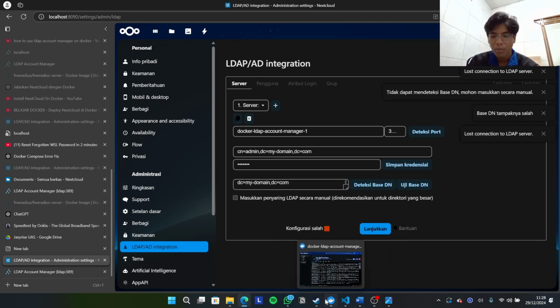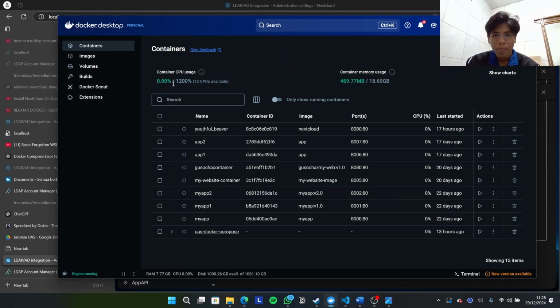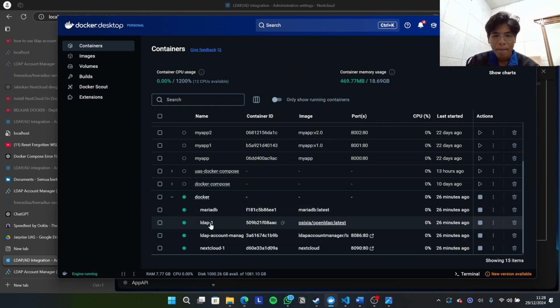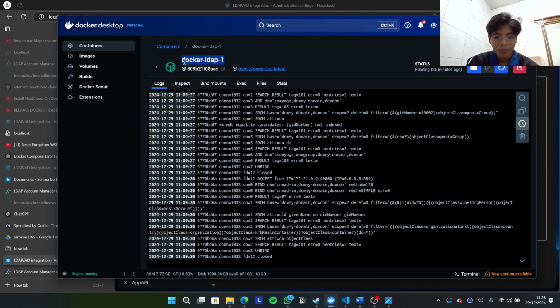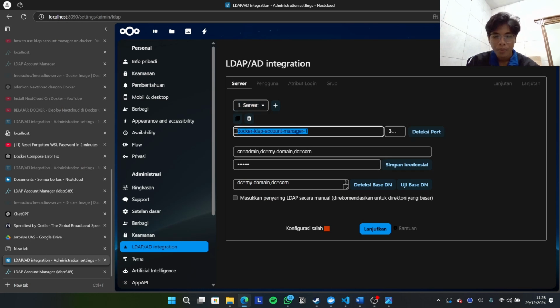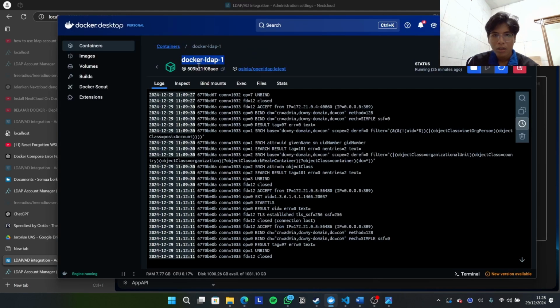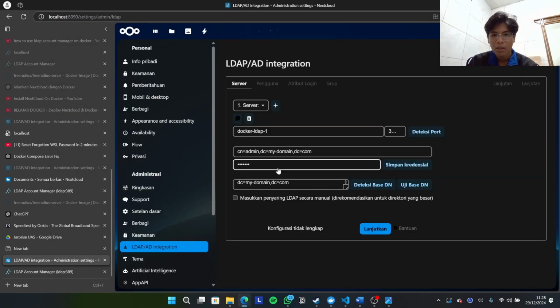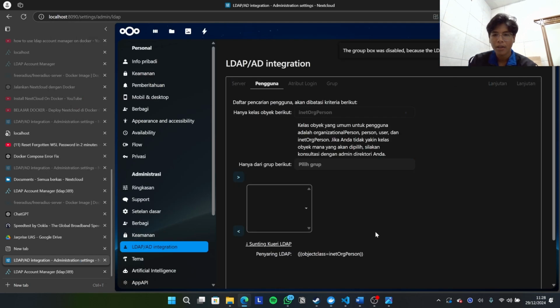Wait, I think I put the wrong one. Okay, we can use this container as the host. Okay, click save credentials, click test. Okay, the configuration is already okay, already good to go. Don't forget, use this container as the host.